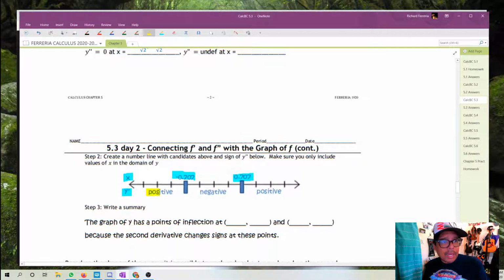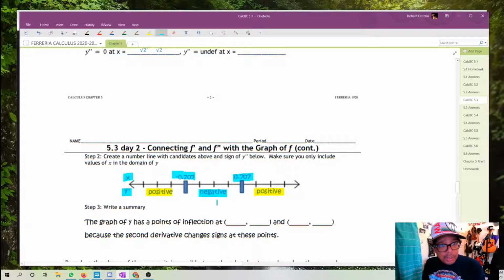Over here on the left side of negative 1 over root 2, we've got positive second derivative. Over here to the right of root 2 over 2, we have positive second derivative. And over here, between negative root 2 over 2 and positive root 2 over 2, we have a negative second derivative. So that is sufficient to just figure out where we have points of inflection. Now, you're going to have to write this up explaining in a summary about the second derivative and how that works. So the graph of y has points of inflection at,